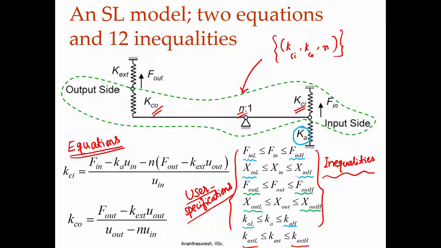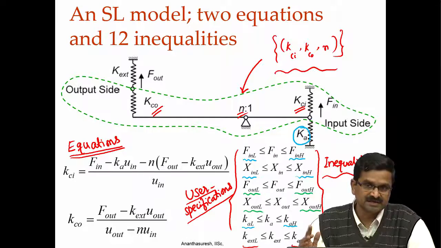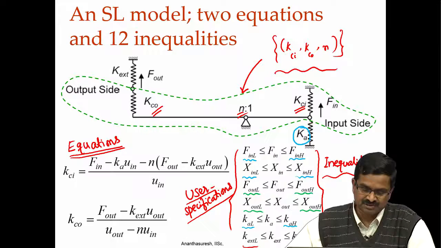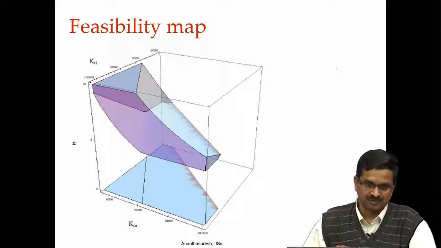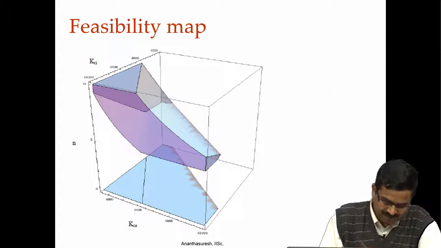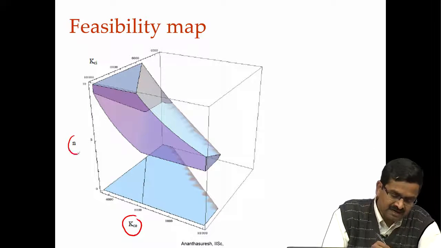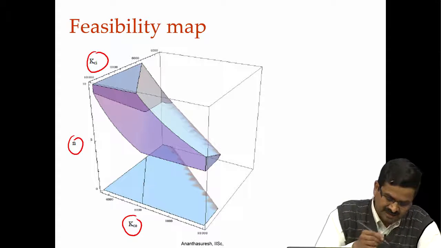If such a set does not exist, then the feasibility map will not exist. Okay? That is the idea here. Once you have this, then we can talk about K external and KA, which again are already there as part of the user specifications. In the context of those, we need to determine these 3 parameters. There could be several values if they exist, and that is what we want to inform the user. That is what we said last time also, and I am repeating now,